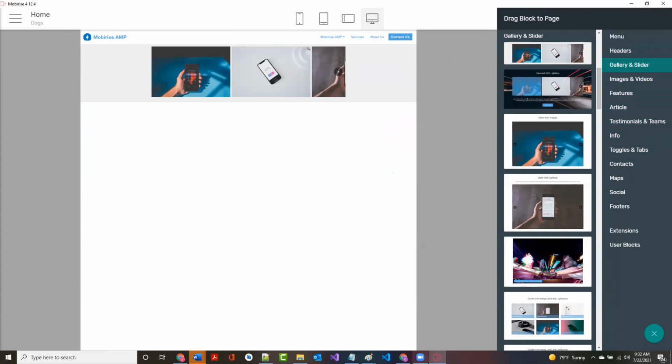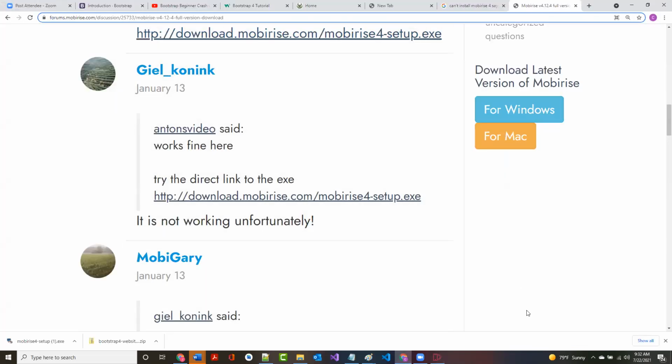Now, to change them, there's a lot of different ways that I can do this. I'm going to show you a way of doing it. Now, I'm not going to say that the way I'm going to show you is the best way, because everybody does things in a different way. All right. So what I'm going to do is come out here and hopefully make sure my screen share is showing.